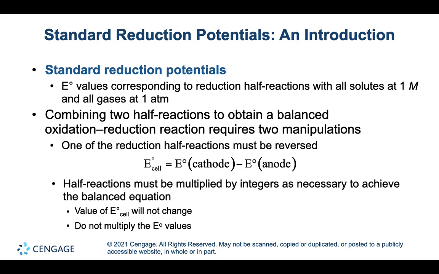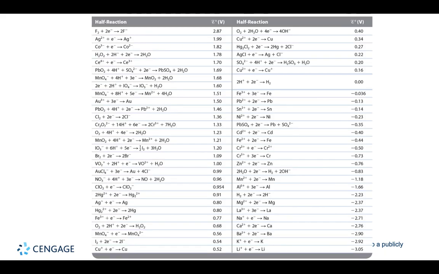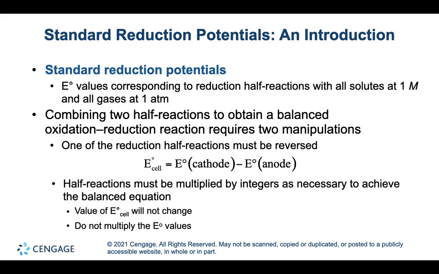For the half reaction that you choose to be a reduction step, you would find the voltage on this chart, and then from it you would subtract the voltage for the reaction you chose to run in reverse as your oxidation half reaction. And so E naught of the cathode, where reduction is occurring, minus E naught of the anode, where you're flipping the reaction and running it as an oxidation reaction. The difference between those two numbers is E naught cell,